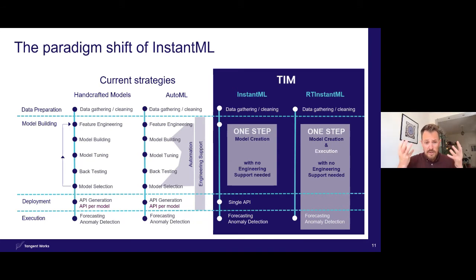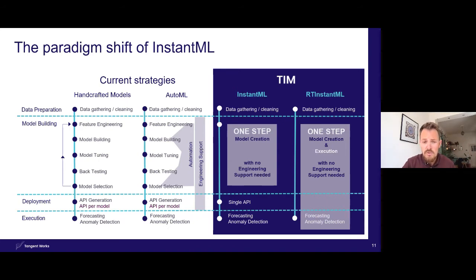Because to build a predictive model, there's basically two key things you have to do. You have to choose the type of algorithm you're going to use, like a neural net, a random forest. That's of course the technical stuff, and that's what the data scientists are focusing on. And then you have to do feature engineering, which is deciding which parts in the data impact the target, the thing you want to forecast in time. So that algorithm decision is automated with AutoML. So brute computing power is used.